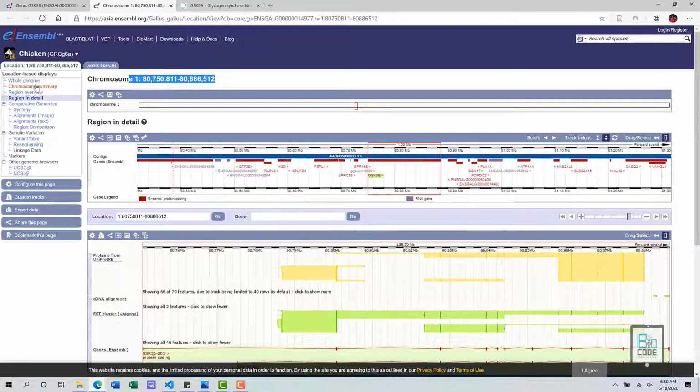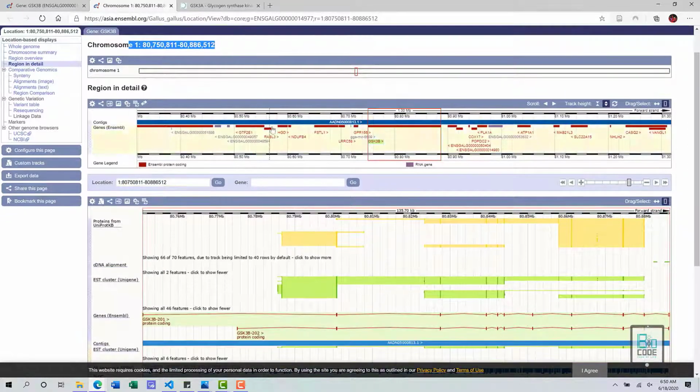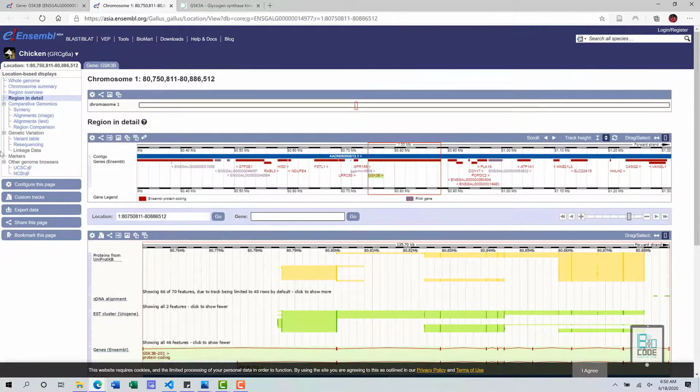You can also find the location here. You can change that location if you have a particular gene that you would like to search in this region, but there is no other gene available in this region, so you can't do that here.